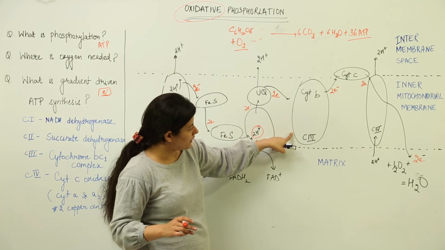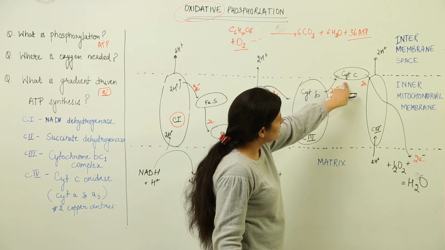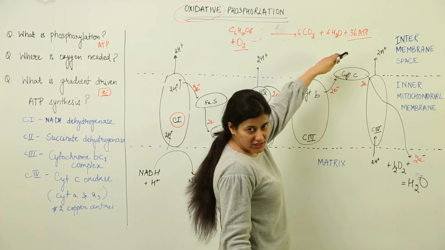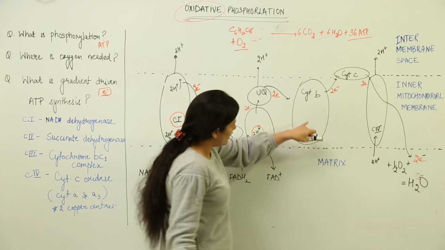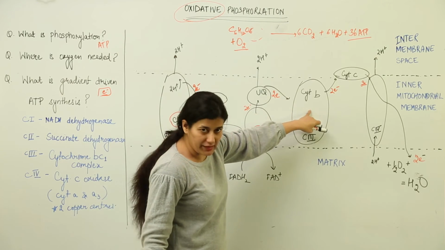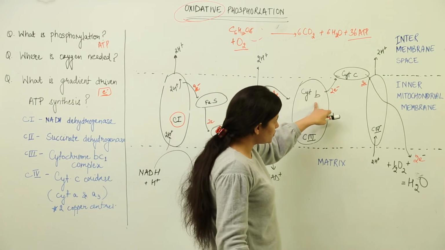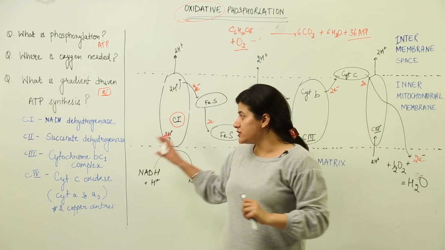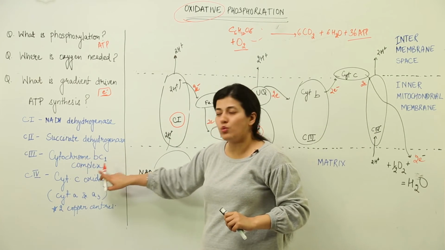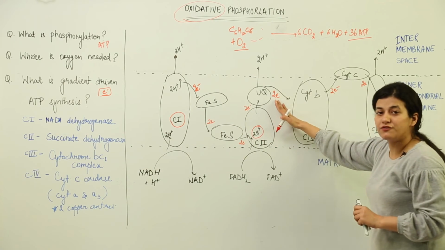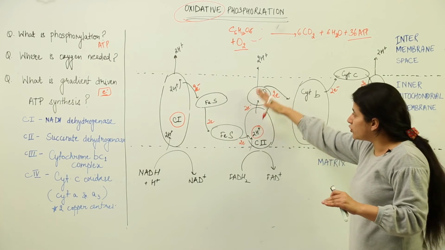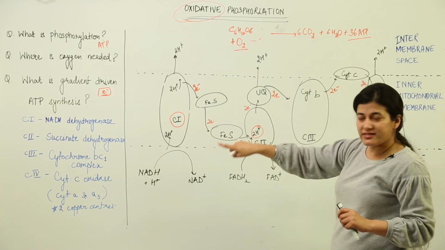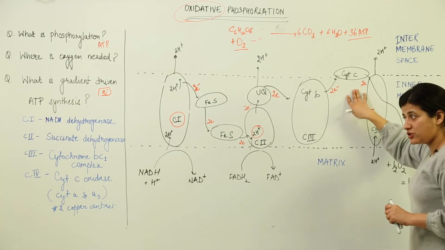Now this complex number 3 and cytochrome C, as you can see, cytochrome C is again an electron acceptor towards the intermembrane space, that is outward from the inner mitochondrial membrane, away from the matrix. This cytochrome B takes up the 2 electrons, passes them to cytochrome C and brings them to complex number 4. Now what is complex number 3? It is the cytochrome BC1 complex, which takes up the electrons from ubiquinol. Ubiquinone gets reduced to ubiquinol. It gives its 2 electrons to the cytochrome BC1 complex, and then these electrons are passed to cytochrome C,